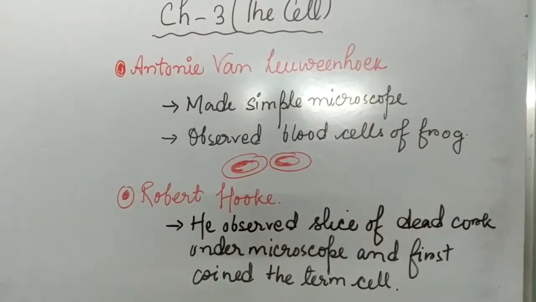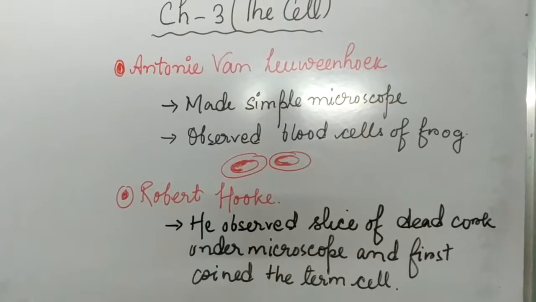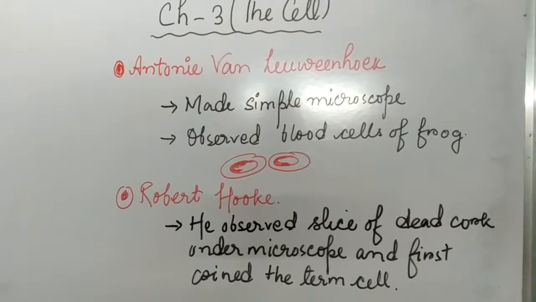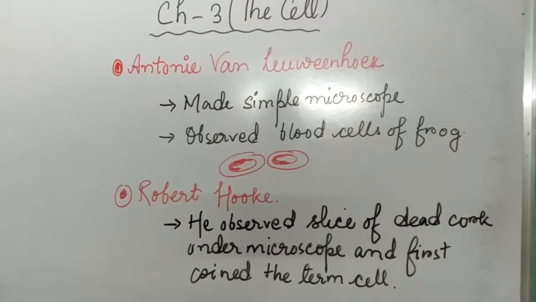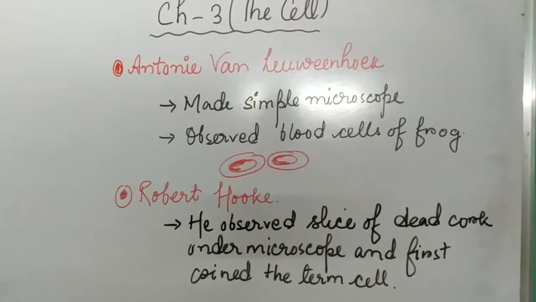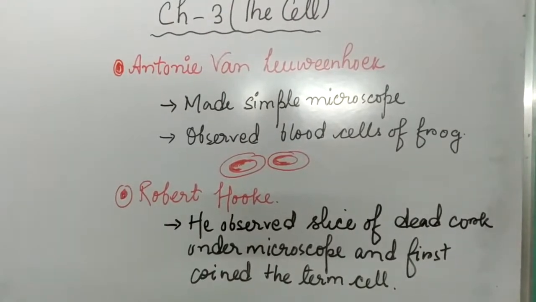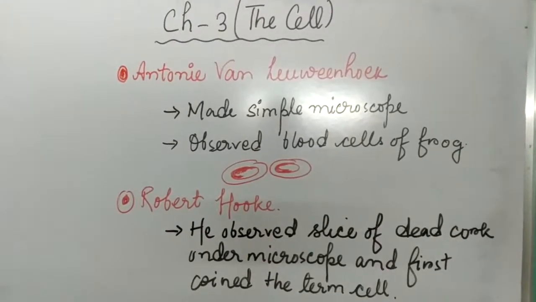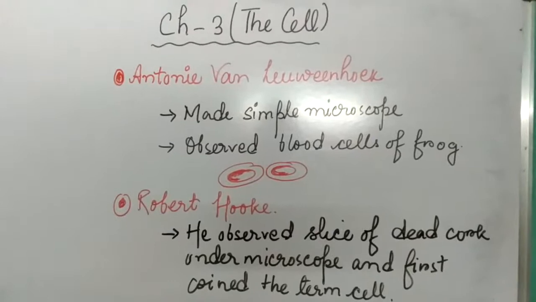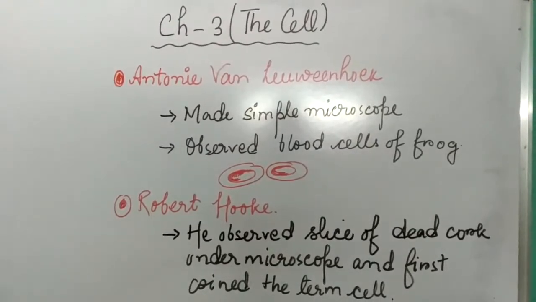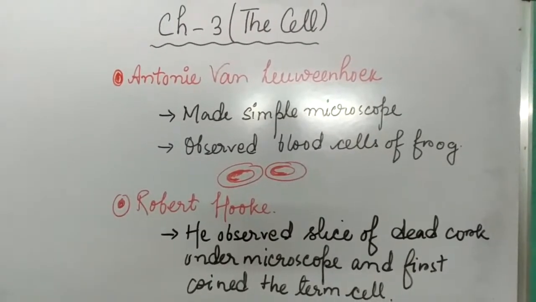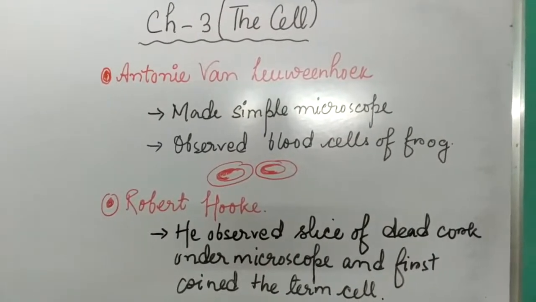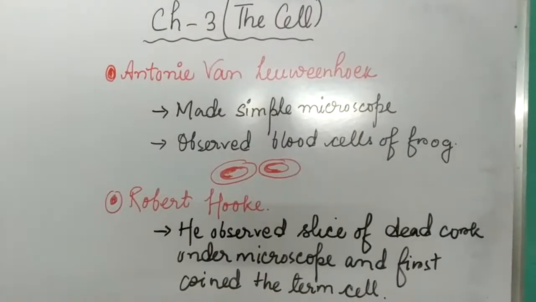And you see, I have already drawn it on the board. Now the blood cell of a human also looked like a simple tiny compartment-like structure. Rather, it had a honeycomb shape. Honeycomb shape means, have you ever seen a beehive? The beehive has small compartment-like structures, just like our flat system. Similarly, Antony van Leeuwenhoek observed the red blood cell and it looked like this.